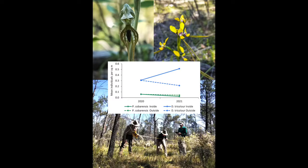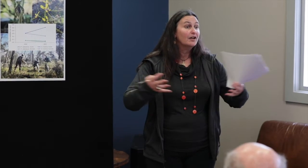Part of that is we have a bunch of extra time because we have one kind of pesky fox in the Pilliga that we can't catch. It's been years now that we've been trying to catch him. We've named him Rambo, and there's been a huge amount of effort trying to catch this pesky fox, and what it's done, this has allowed us to actually do a lot of pretty cool research looking at what's happening while all the feral herbivores, we've done all of our management inside the fence, we're ready besides the fox. So we've started our ecological monitoring inside and outside